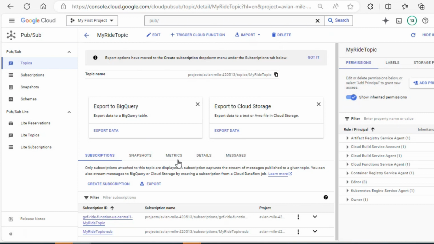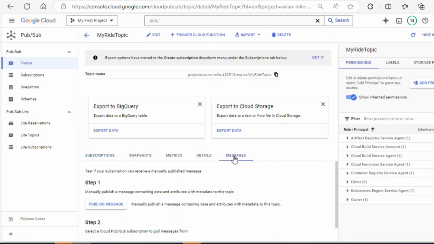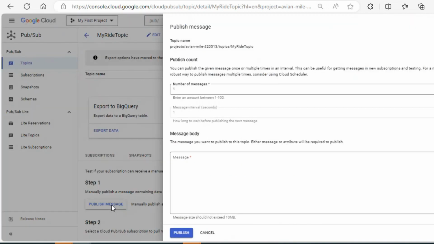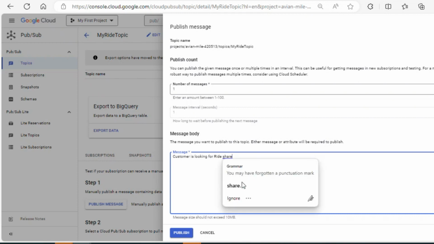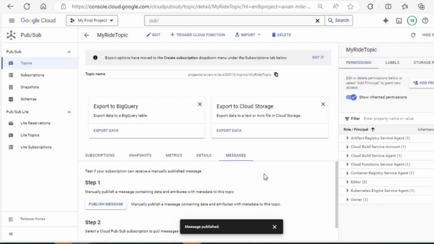Now you'll find an option called messages on the right side. Click messages. Now click publish message. Write some message, that the customer is sending or customer is searching for a car, something like that. Now click publish message. Okay. Now as a customer, I've submitted